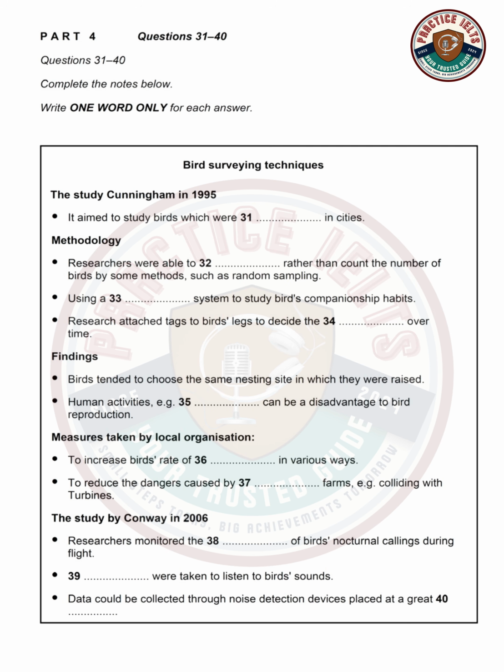To minimize the disturbance on the bird community, all the sounds were recorded from a distance using microphones to detect noise. They found that the probability of call events was much higher for solitary birds communicating early and late in the day,